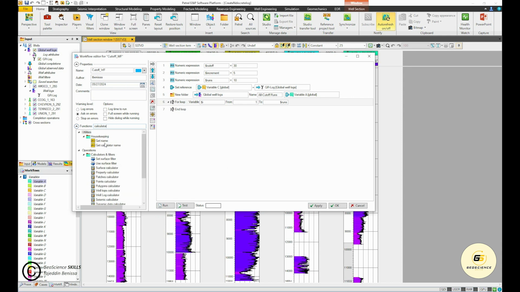First, we need to get a name for the calculator. We need to define it first. So we get the calculator name and drag it, put it below the for loop, between the for loop and the end loop. We assign a name for the calculator. Let's call it log gr,